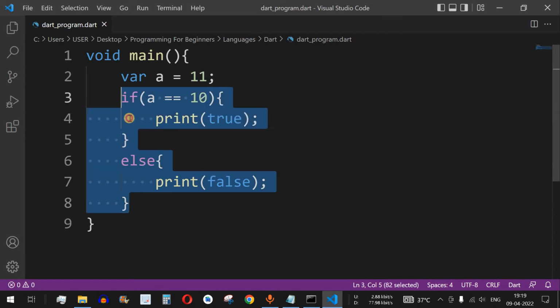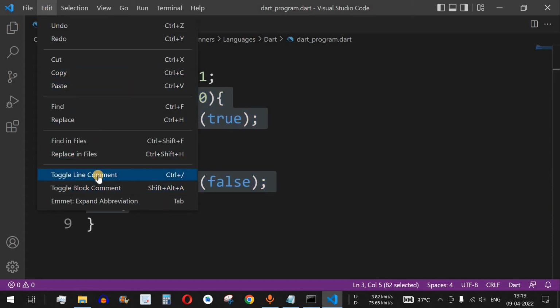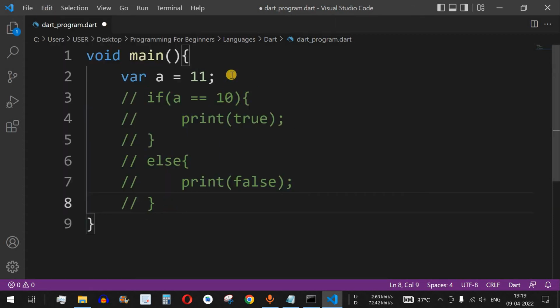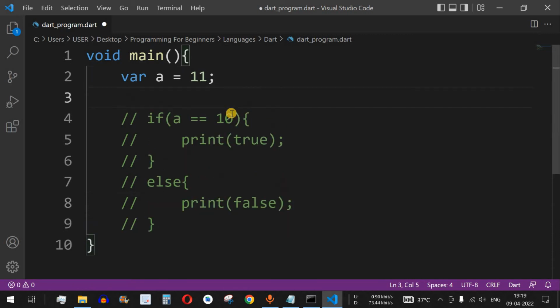So guys, the same thing can also be executed using the conditional expression. So let me just comment this code. So I'll go to edit and toggle line comment. So instead of this, what I will do is provide the conditional expression. So let us say over here, the very first thing is we provide the condition, that is a equal to 10.